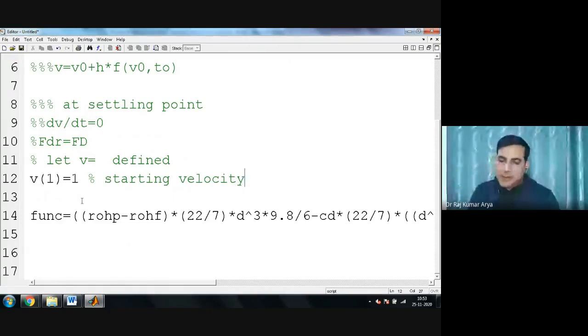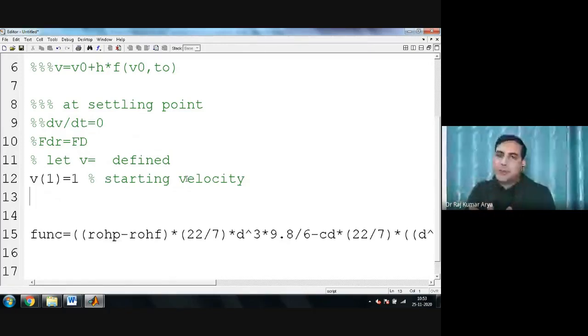Once you have a velocity in meters per second, now I can calculate RE, right? So RE would be your dV rho by mu. You have the diameter of the particle multiplied by this velocity, which I have just considered, let's say V1.